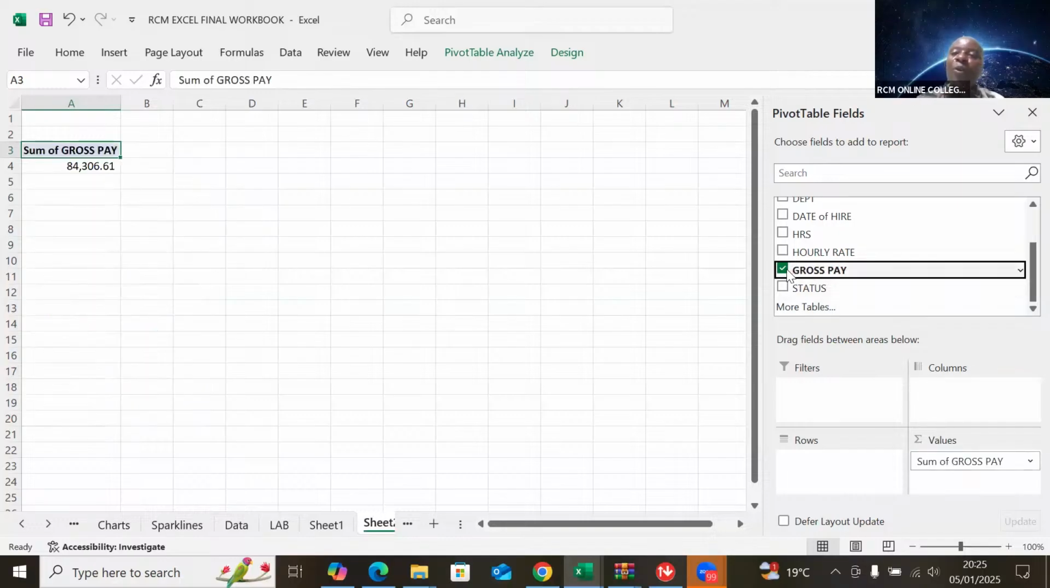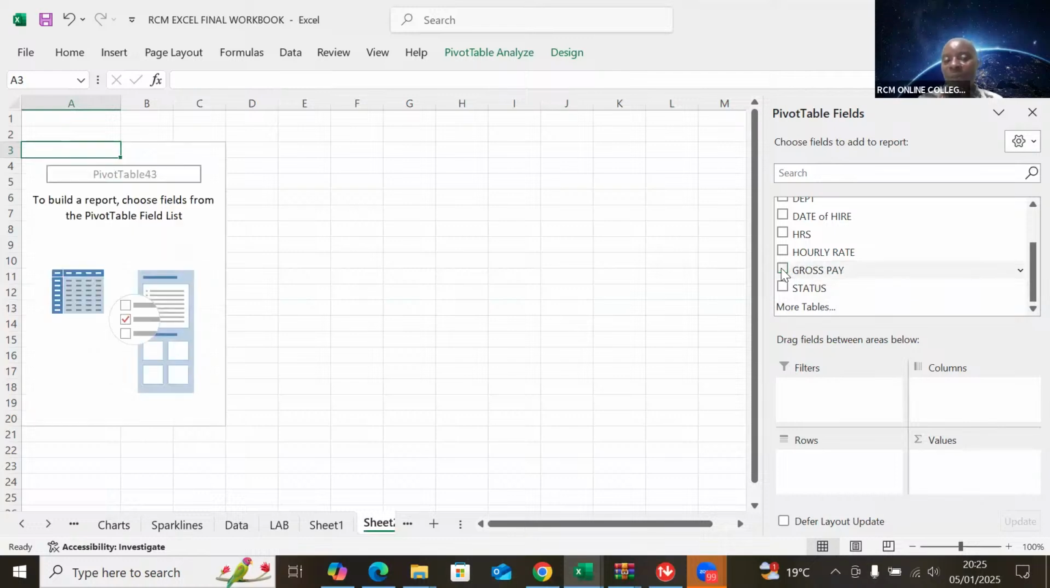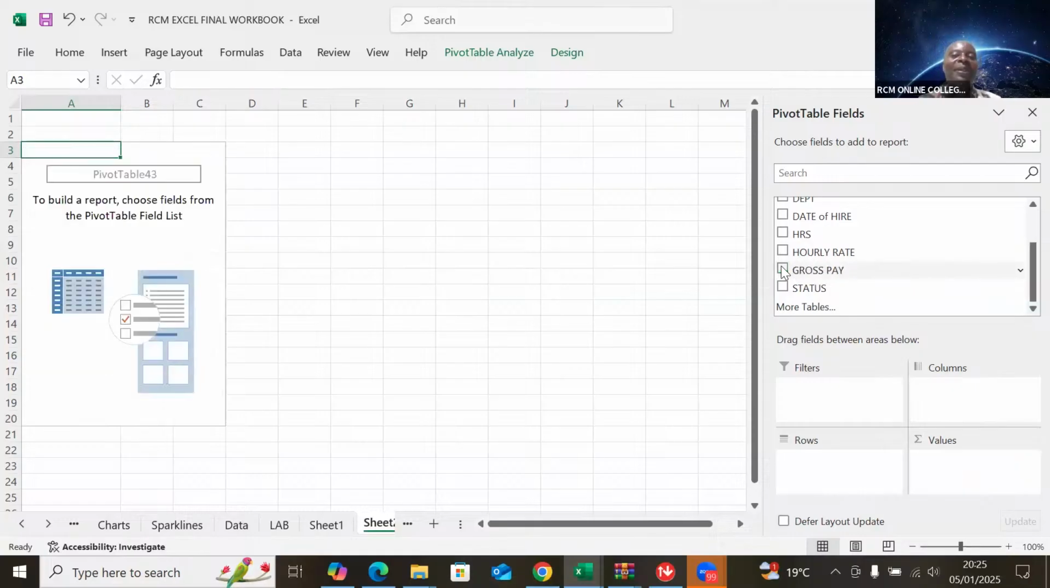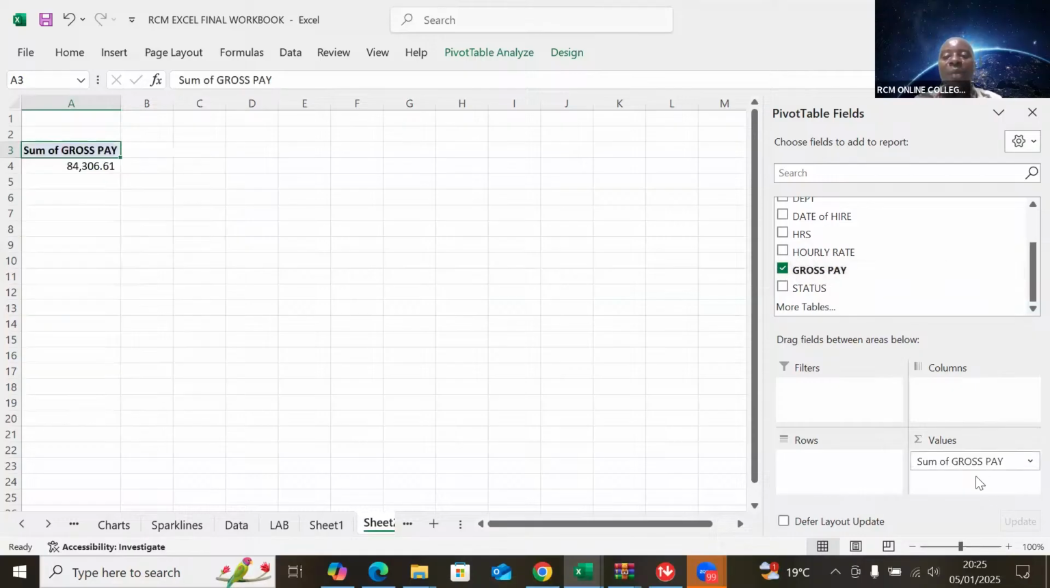The other way, although we don't recommend this a lot, and I'll explain why later, is that Excel has a way of knowing what you want. For example, if you simply come and click inside your gross pay without dragging anything, it will take you to the values automatically. Keep on trying, tick there. So you tick, it goes back. If you tick like this, you can see gross pay has come here, sum of gross pay, and you can see this in full is